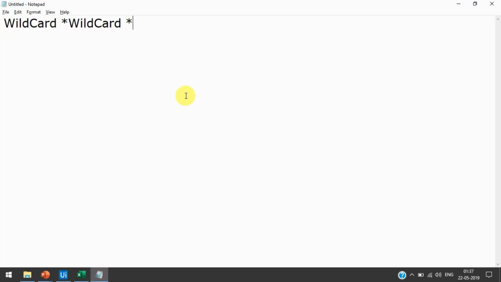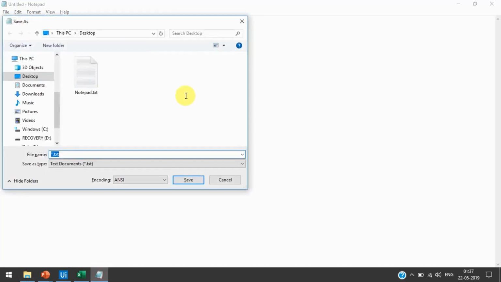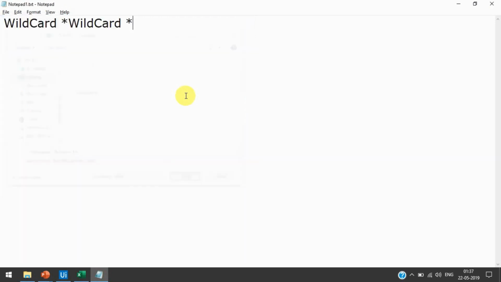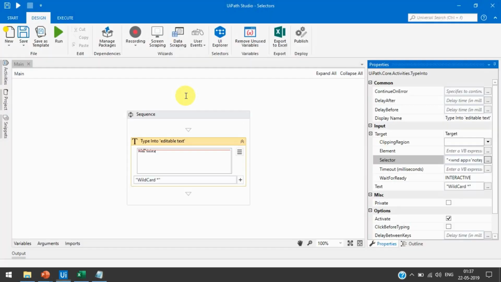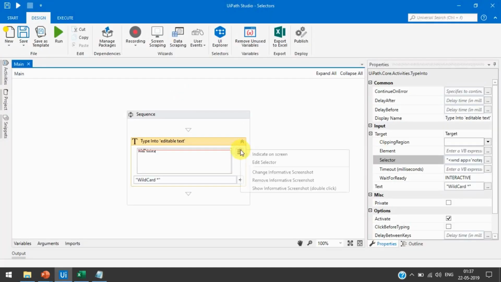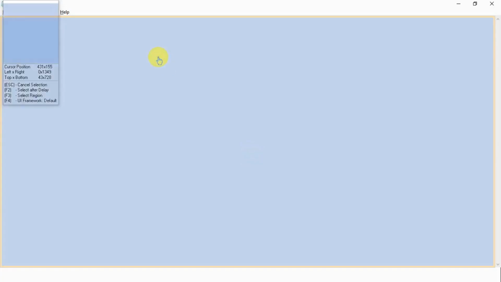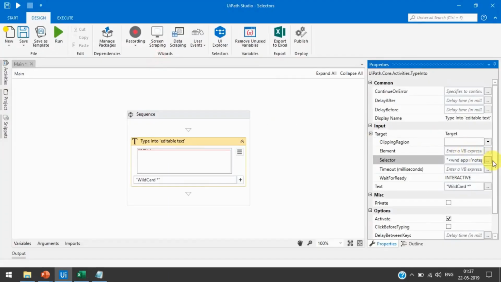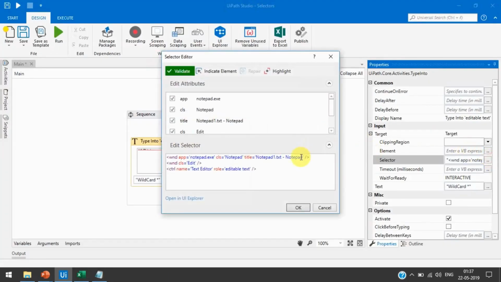Let me save this file with the name notepad 1. And now let's indicate on this, and let me change the name of this. So I am just going to use the question mark here.